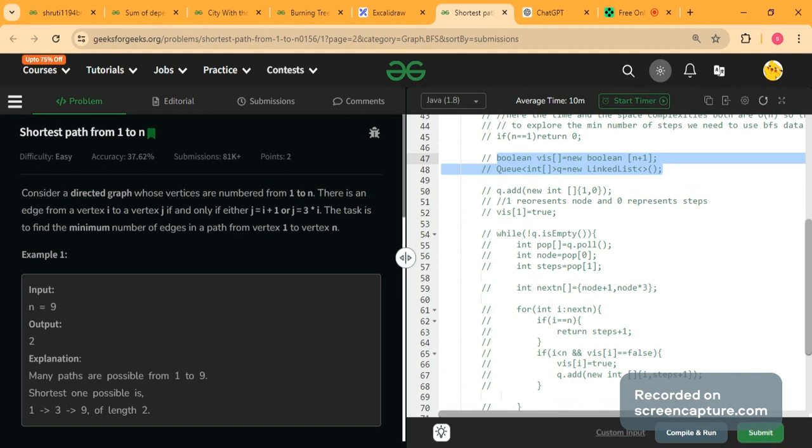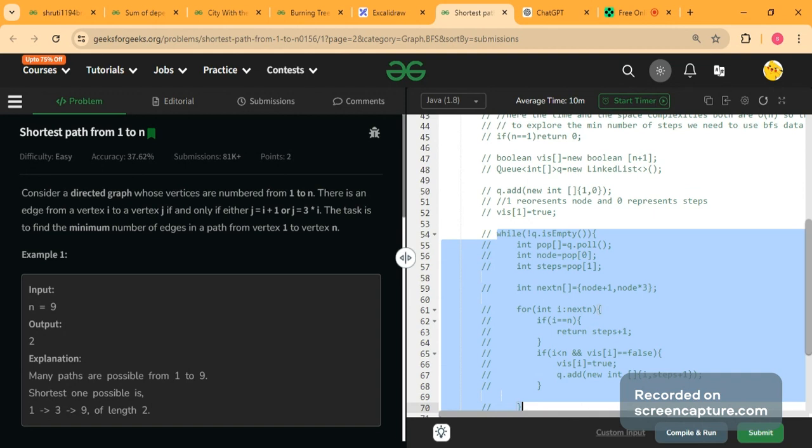So in the initial condition we add our new array, which consists of 1 as node and 0 as steps, into the queue, and we mark it as visited. Now we simply use the while loop of the BFS traversal.